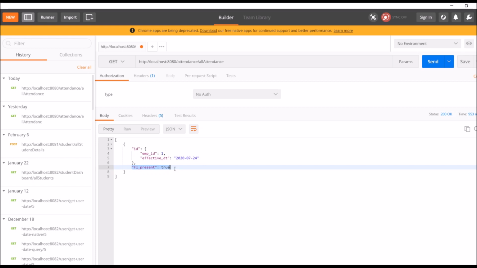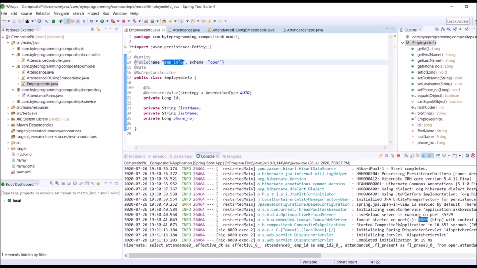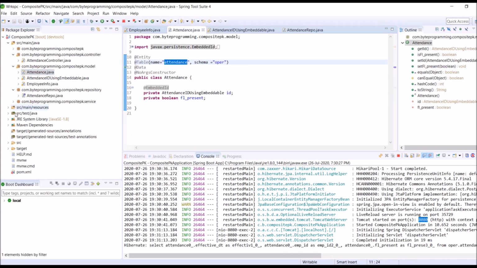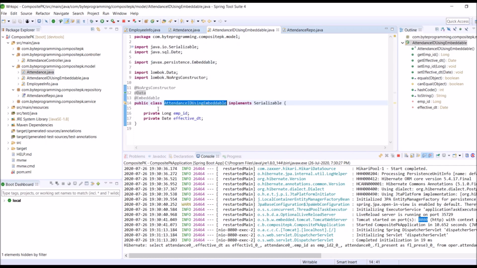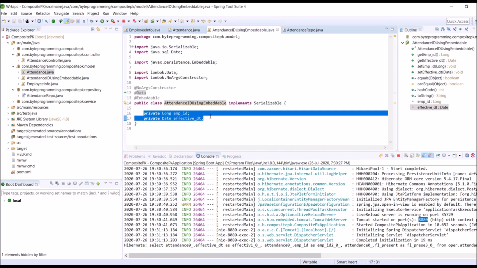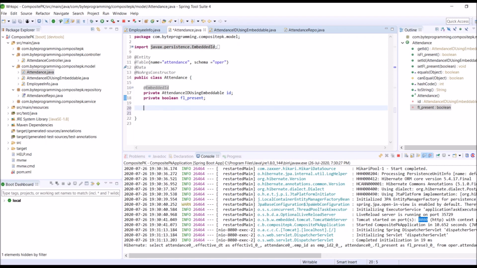Let's go back to STS again. Let's try to implement one-to-one mapping here. Go to Attendance.java. If you implement one-to-one mapping in AttendanceIdUsingEmbeddable, it is not possible to do here. So let's go back to Attendance.java. We need to add another field, private, type would be EmployeeInfo.